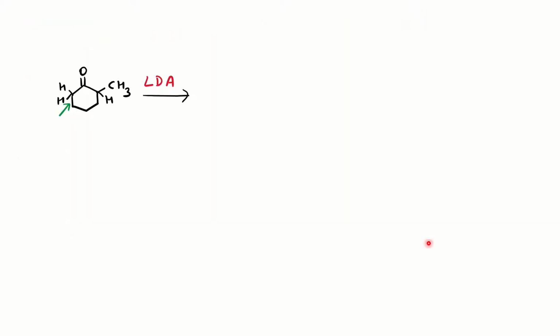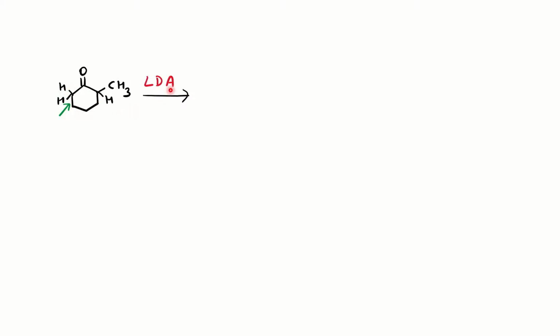We'll see the next reaction here. You can notice that you have a cyclohexanone with a methyl group on one alpha position, and the other is a free CH2. LDA is given. Now we need to decide which position the LDA will attack. Both positions are there. If you notice this CH3, you might assume this is the less acidic proton, because of the plus I effect of the methyl, while here the carbanion will be stabilized by the carbonyl group, in conjugation, so it will be more stable and more acidic.